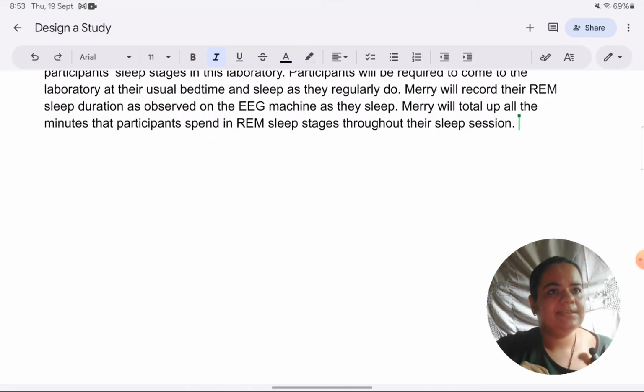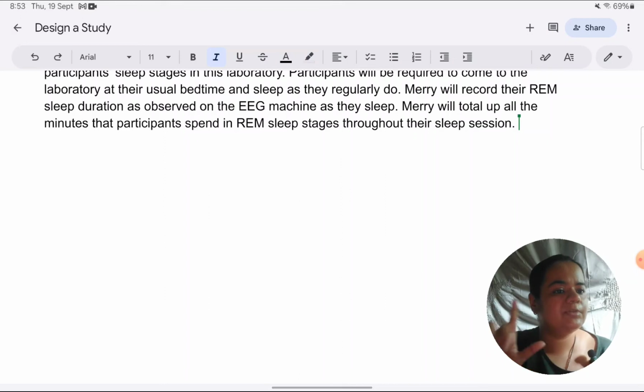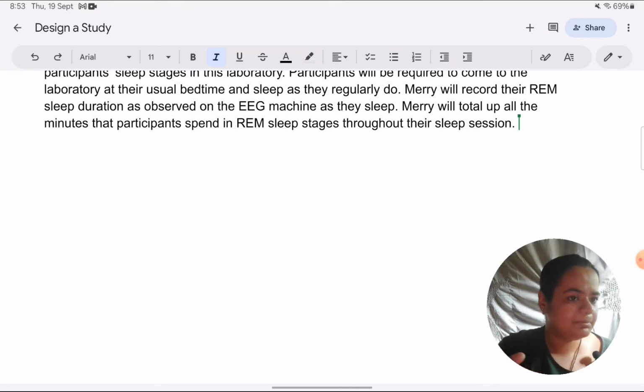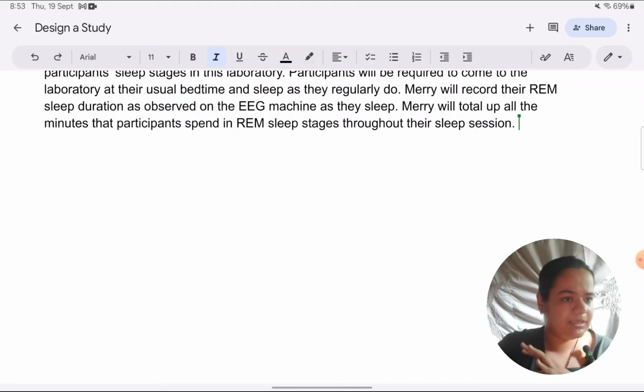Also, one more thing I would suggest here is I will give the age of participants. It will look like I'm referring to the sample. It is required here because I need to specify the intervals. That's why I'm specifying their age. It's not to refer to sample. Like we saw in the beginning, do not refer to sample or ethics. So that's not what I'm doing here. But what I'm trying to do is just point out the interval so it makes sense to say what's the beginning point of assessment and what's the end point. Only for that reason, I'm specifying the age groups. So just see how we write only what is relevant and not what has been said not to be mentioned